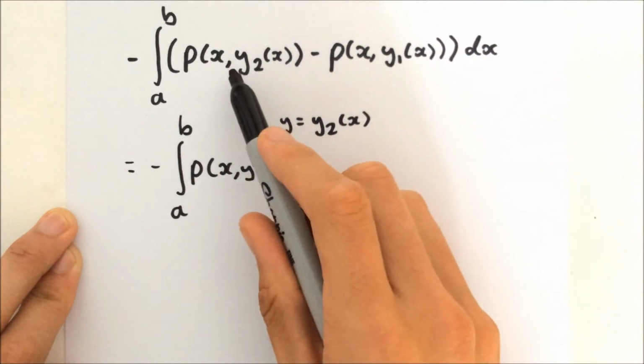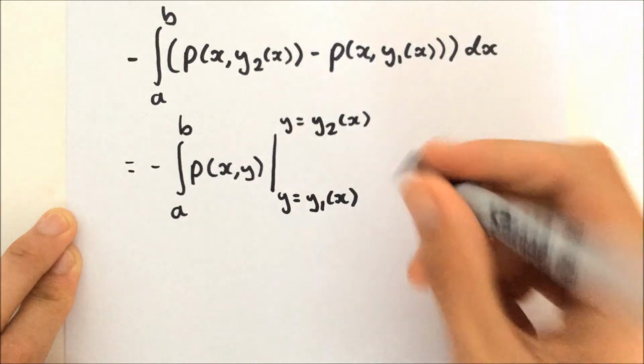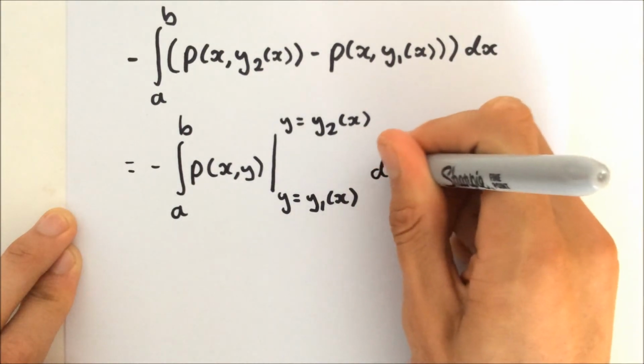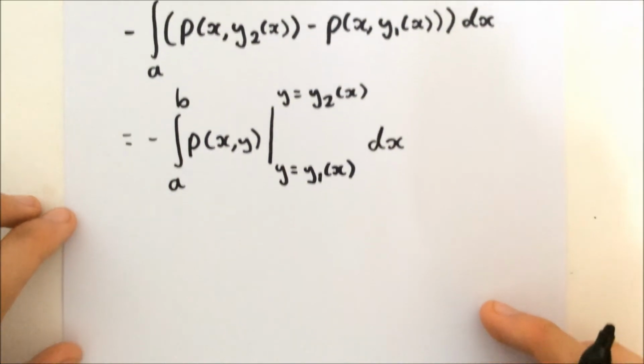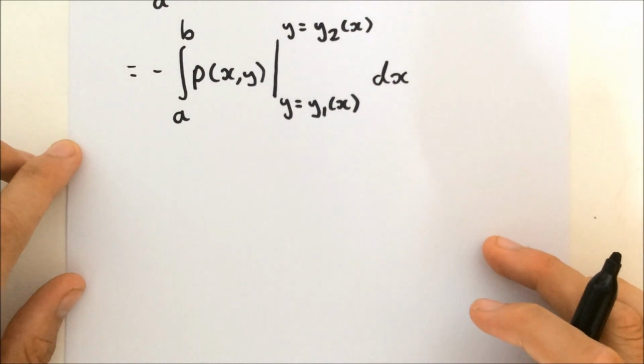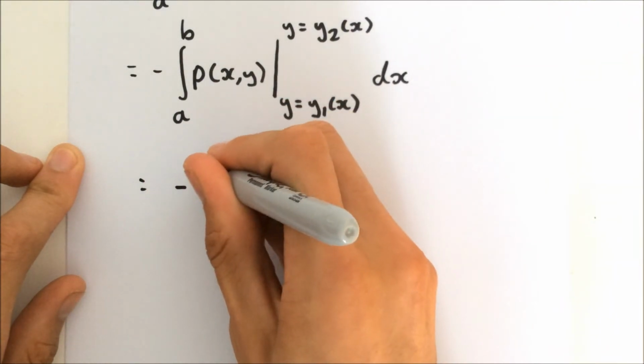That's exactly the same as saying that minus that, okay? And of course we have dx at the end. Alright, now that becomes negative integral from a to b,